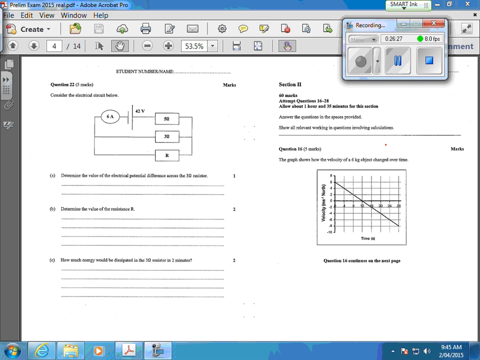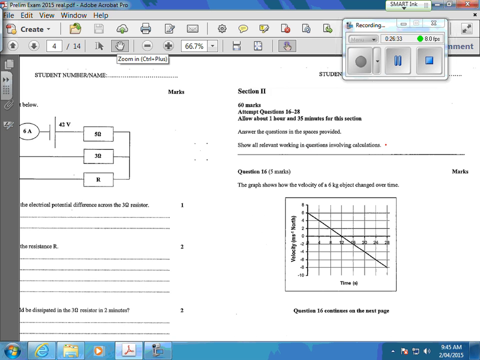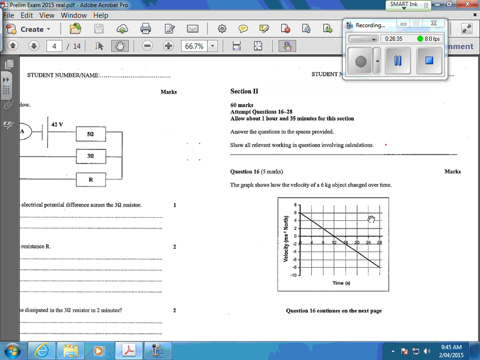So, Brad, we have looked at this, but I'll do it quickly with you. There's a trick to reading and understanding this. The first thing is you have to look at the graph and understand what it's telling you. And the first thing you do is see that it's a velocity time graph, okay? When you go to the question,